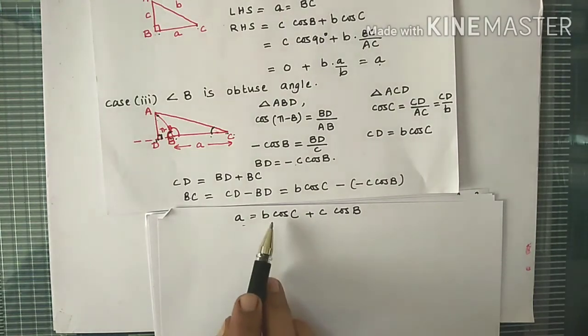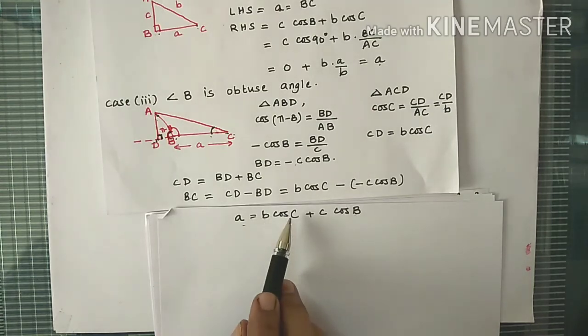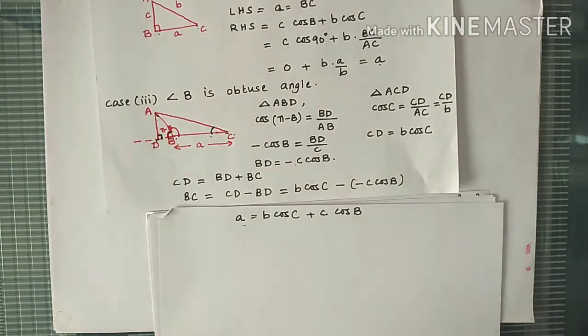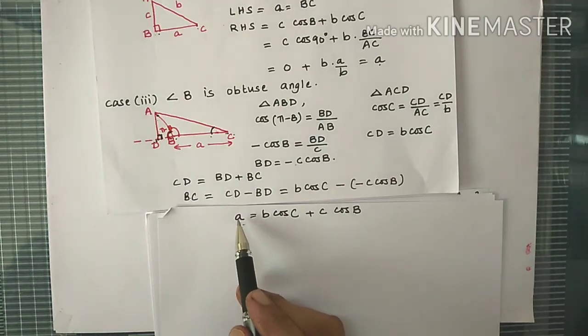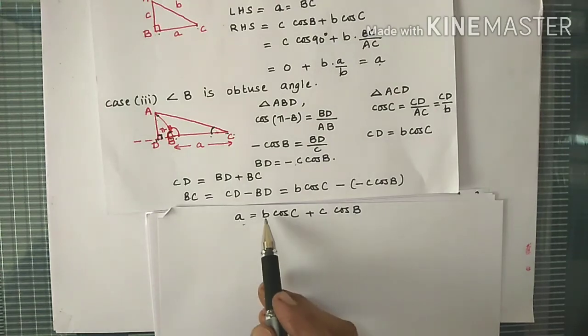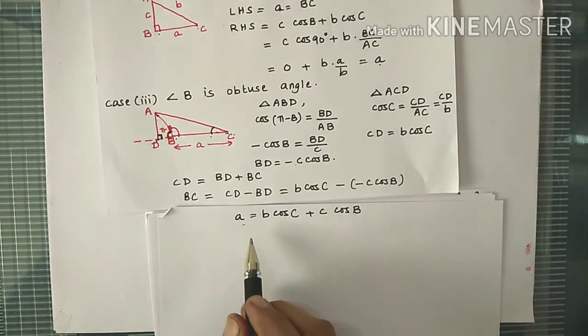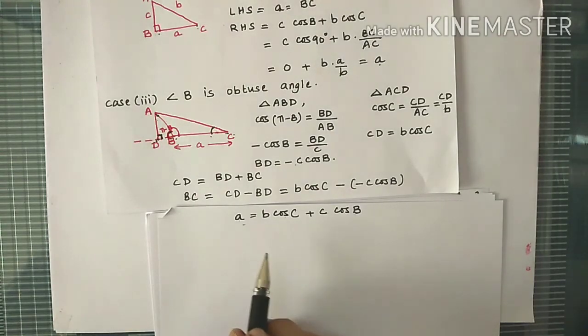How to prove that? Start with the right hand side, and for cos C and cos B, substitute values using the cosine rule. Simplify it and you will get the left hand side. Okay, so that is the projection rule. Whenever it is small letter a, we can express a in terms of b and c. So it is b cos C plus, interchanging the two terms, c cos B. If it is b, then it is a cos C plus c cos A. And if it is c, then that is in terms of a and b, so that is a cos B plus b cos A. So that is our projection rule.